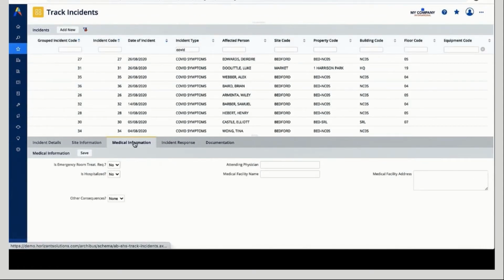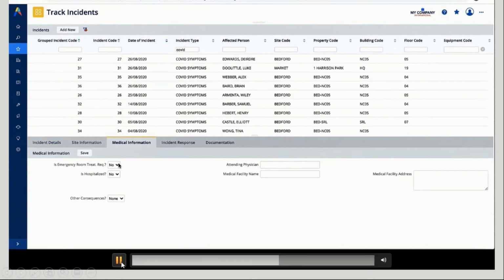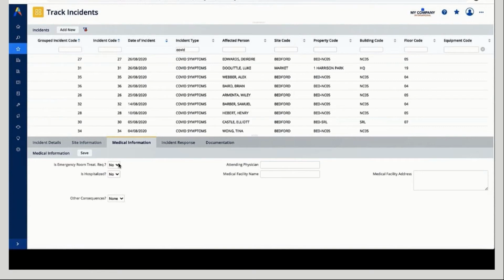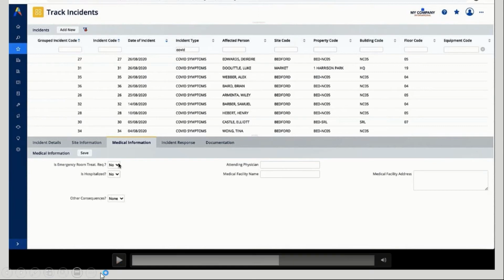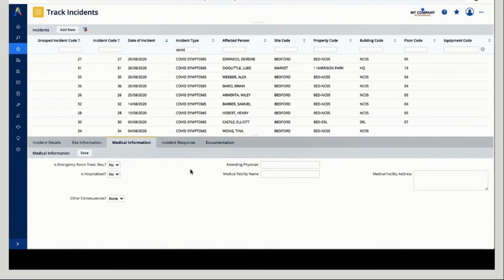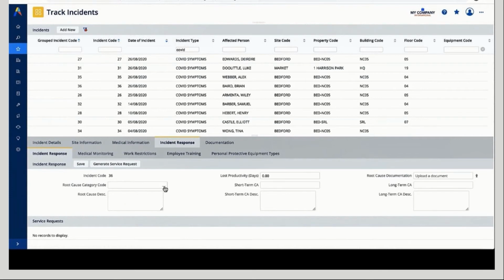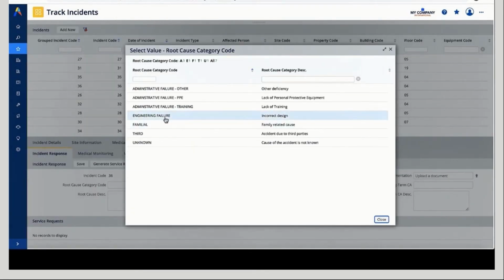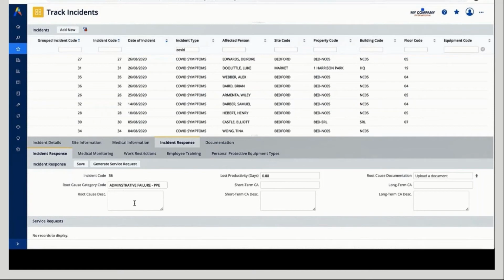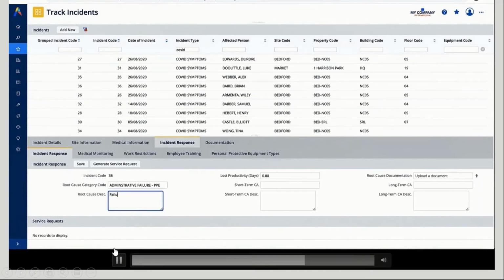We can identify medical information such as, do they need immediate treatment, like maybe taken to the emergency room? Will they be hospitalized? In this particular case, the answer is no, we're just going to send them home. But that's not to say that might not be the case for everybody. We can also, of course, do some analysis as to maybe why that person was sick. So in this case, we may have determined that this person was not following all of our guidelines because they,